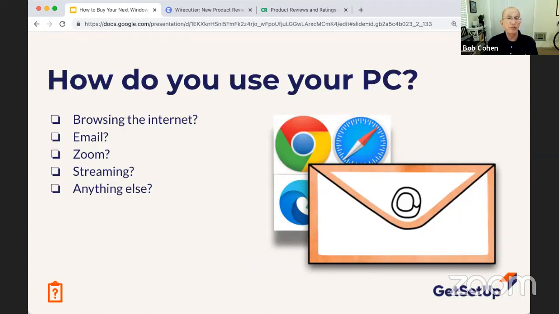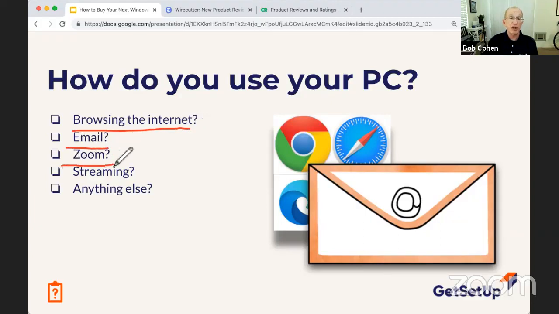But there are a lot of things we buy very commonly. We might buy groceries every week. So where do you go? What types of food do you buy? What do you look for when you're buying the food that you buy? These are things you just don't know about your PC, but think about what you do on your PC. The most common things people do are browsing the internet and using email.